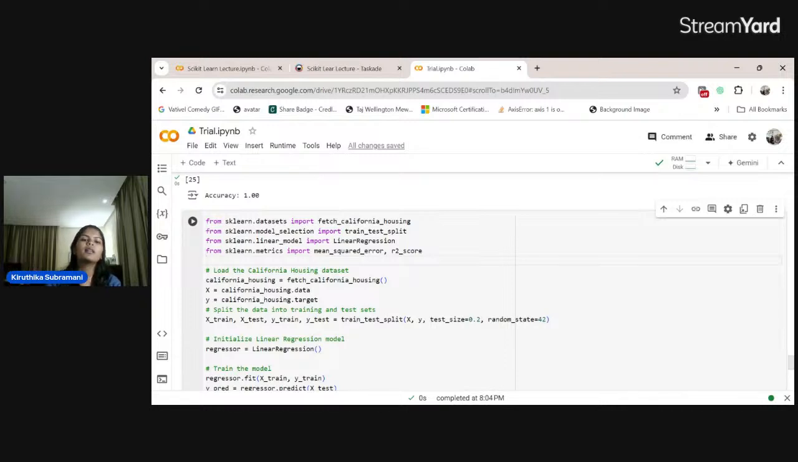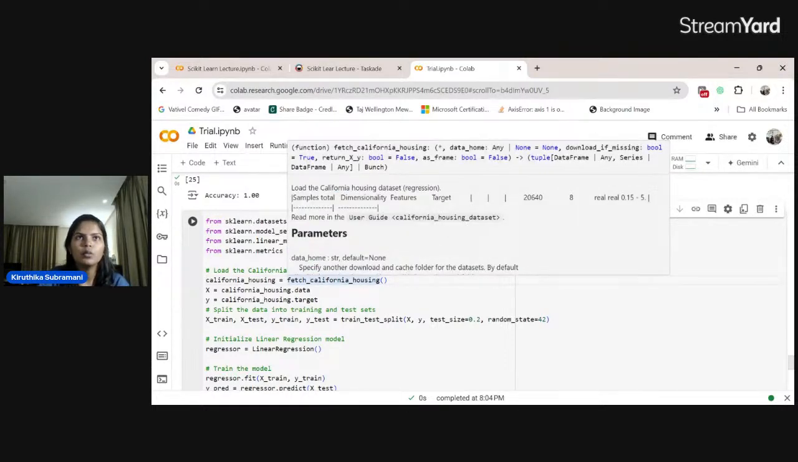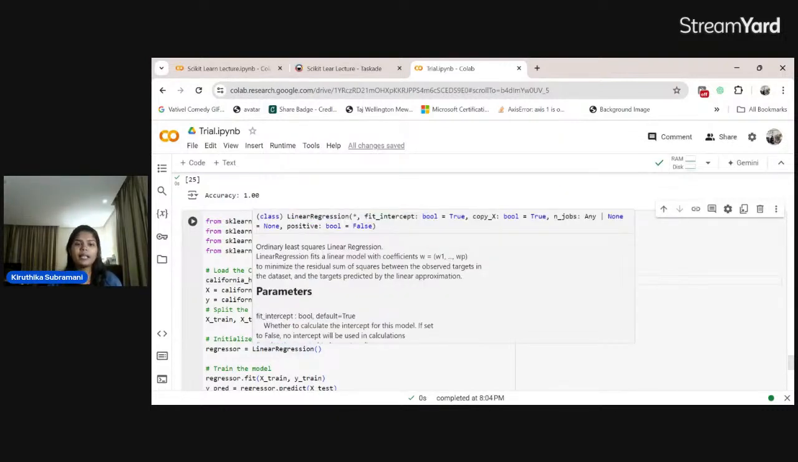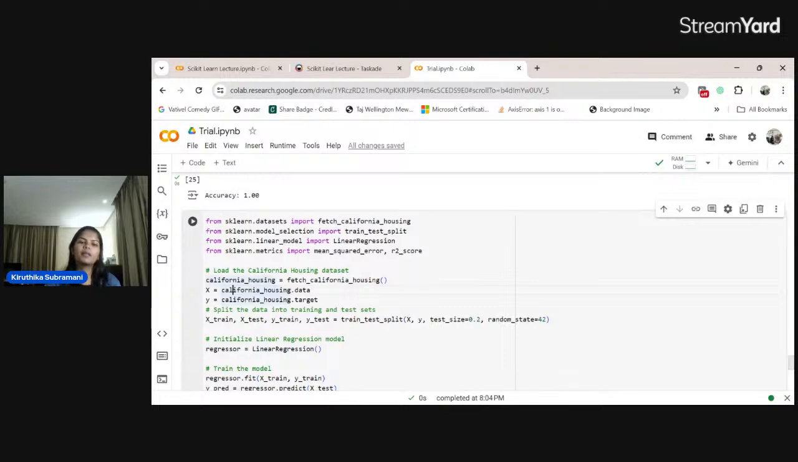So here I'm preferring mean squared error and r2 score to evaluate my performance. In the sense, I'm just loading my data. Here you might get a question, why Kritika is giving fetch. Fetch is also a function we can use to fetch our data. To show a difference, instead of using the same function every time, we can use the fetch function also